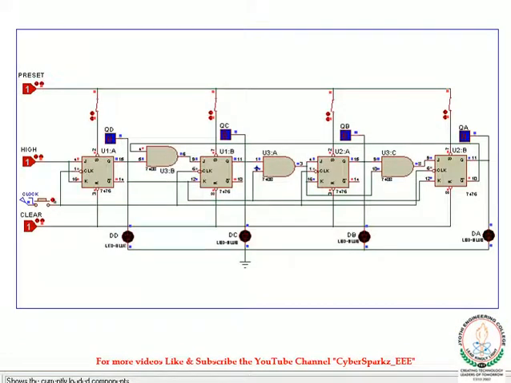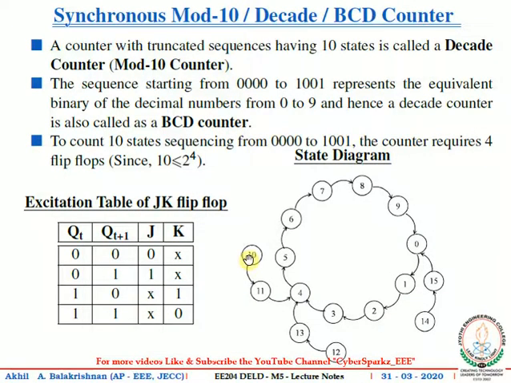Now we are going to apply the clock pulse for invalid states. So we need to preset the flip-flops. The first invalid state is 1010. So you have to open the first and third flip-flops so that their outputs are not affected by the preset signal. Changing the preset to 0 will set the second and fourth flip-flops and makes the output 1010. Now on applying the first clock pulse, the output changes to 1011, and on the second clock pulse, the output changes to 0100. Coming back to the state diagram, we have already seen that from state 10 the counter changes its state to 11, and from that the counter changes its state to 4.